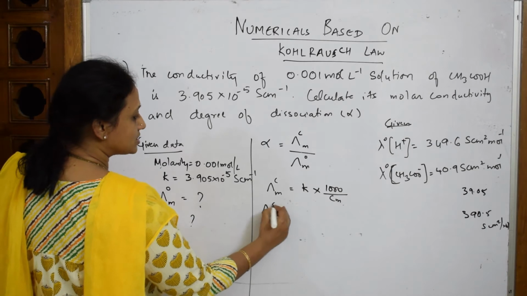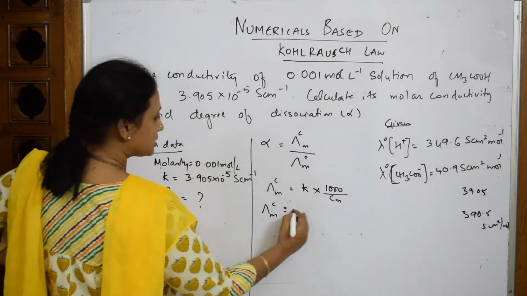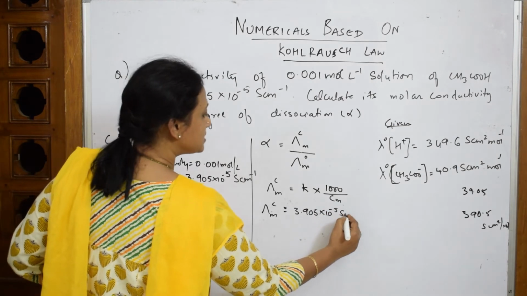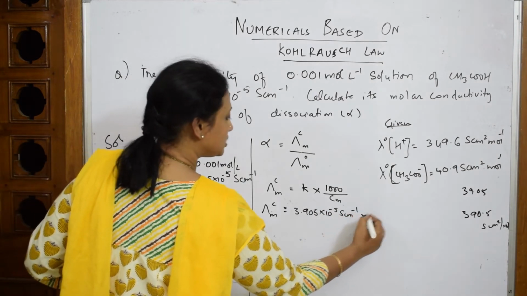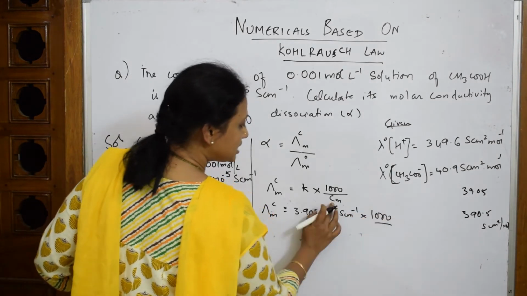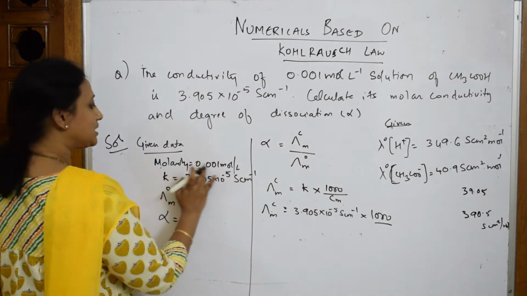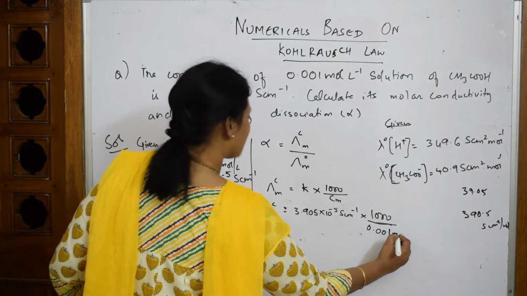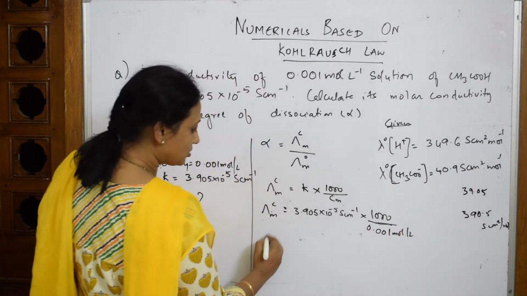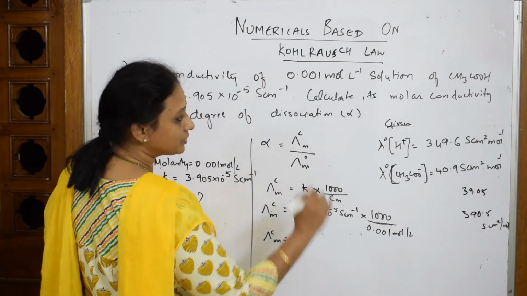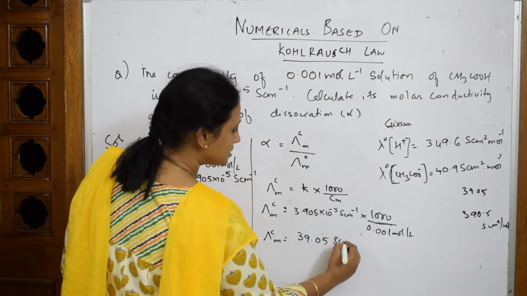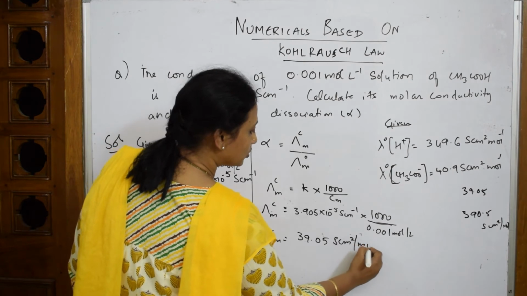Lambda m at c is equal to 3.905 into 10 raised to the power of minus 5 Siemens centimeter minus 1 into 1000 by molarity. What is the molarity given to us? 0.001 mole per liter. When I solve this, I get an answer of 39.05